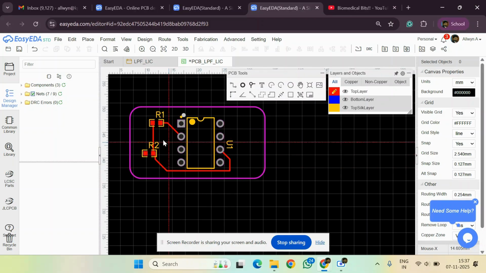Now I told you that we'll be giving input at pin number 2, right? To do that, we can use this. We call that a pad. Put it here, and we need another pad here to give output. So how to give the output? Again, route the wire from here to here,